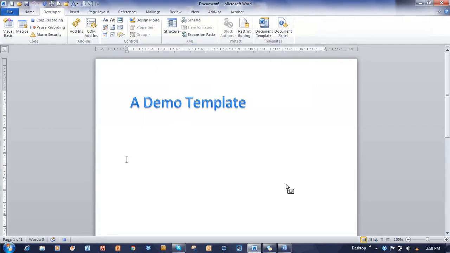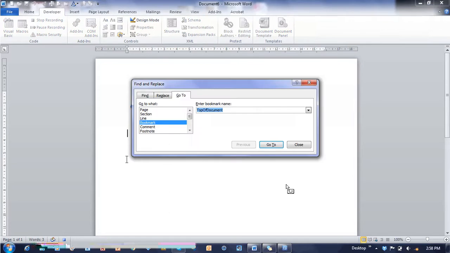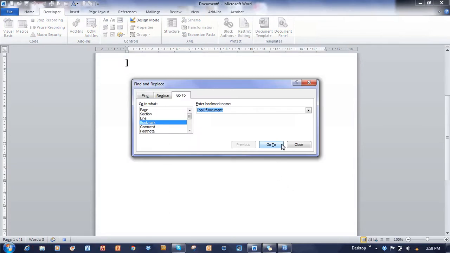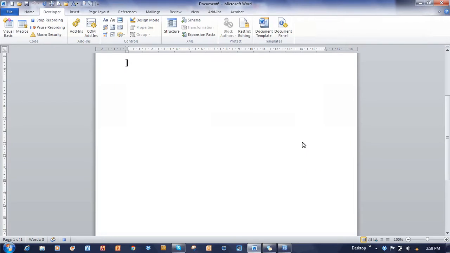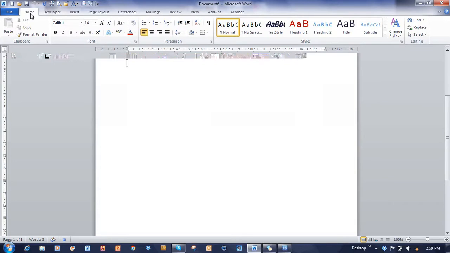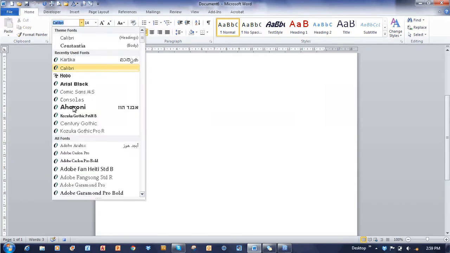and close. So what I wanted to do is go to that bookmark which I've called top of document, so that positions my cursor in the right place, and I want to insert some text. Now it's a good idea to plan your macro, to think about what you're doing. If I wanted to do any formatting, I should set the formatting first, because if I typed in the text and then I wanted to select it, well, you don't have mouse movements when you're recording a macro. So I would have to do my recording with my shift key and my arrows, which is probably not the best idea. So I'm going to set my font,